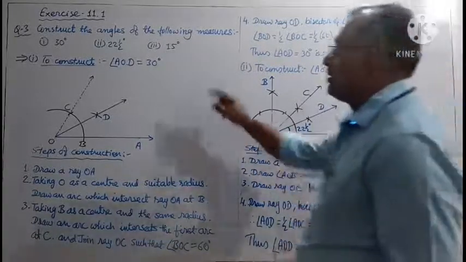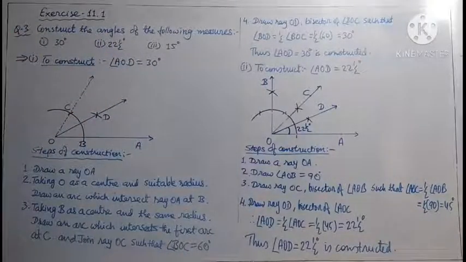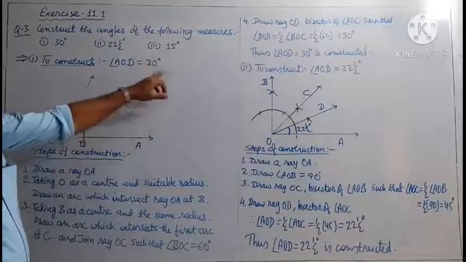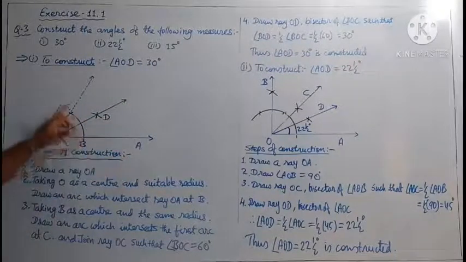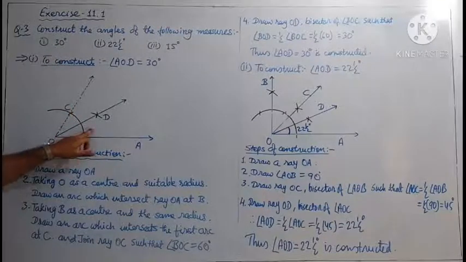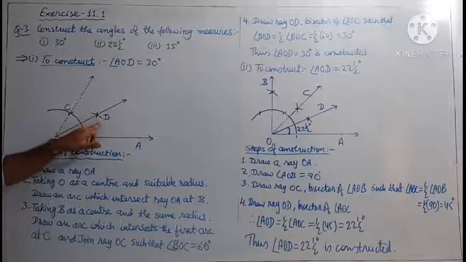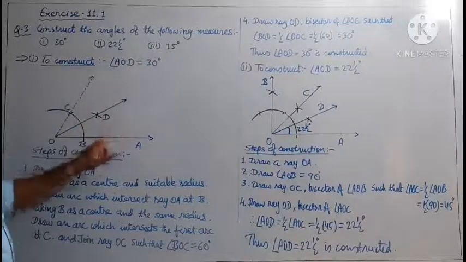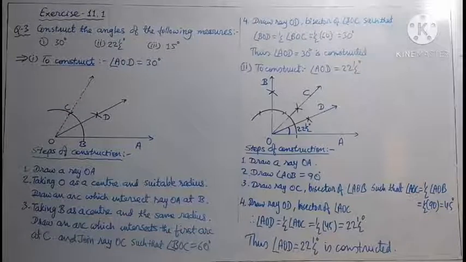Similarly, you have to construct 15 degree in homework. That is, you have to construct first of all ray OA, then OC. That is, you have to construct 30 degree just like this. So angle AOD is 30 degree. Then you have to go for the bisector of angle AOD, and then you will get 15 degree. So that could be done. That should be done in homework. Next,